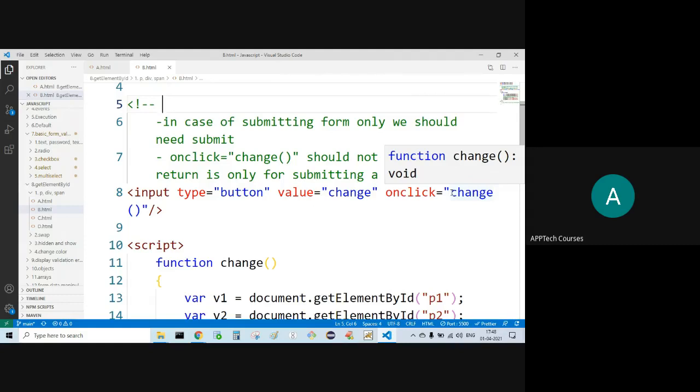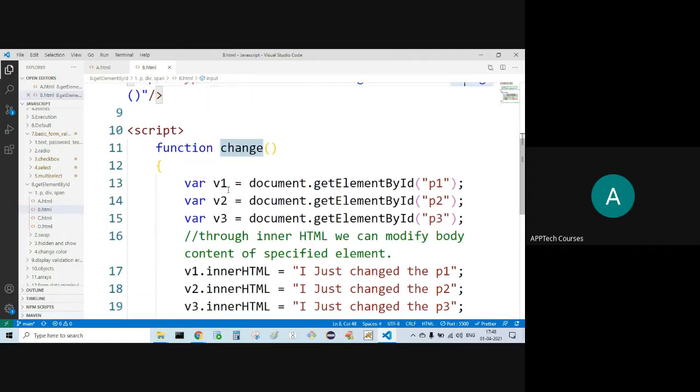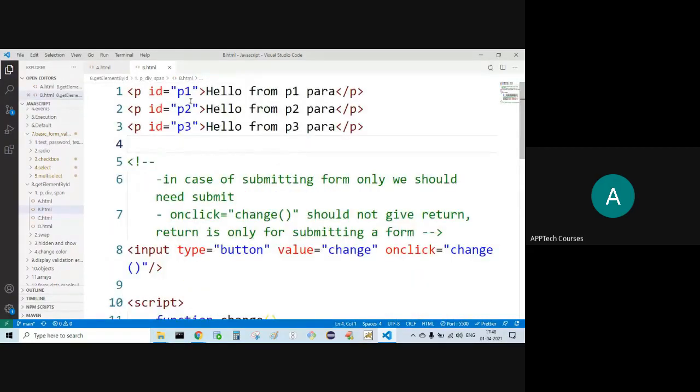On click, I'm calling the change function. Simply upon clicking on this button, the change function occurs. Now what is happening? Now click on change. Here, three elements we have in the HTML with the ID P1, P2, P3.